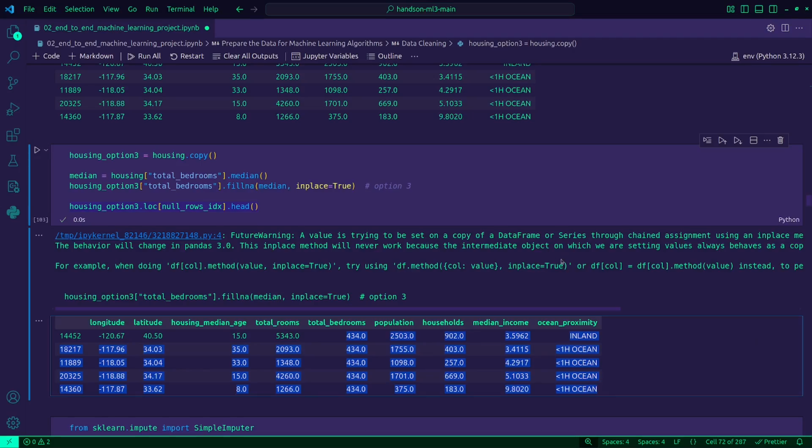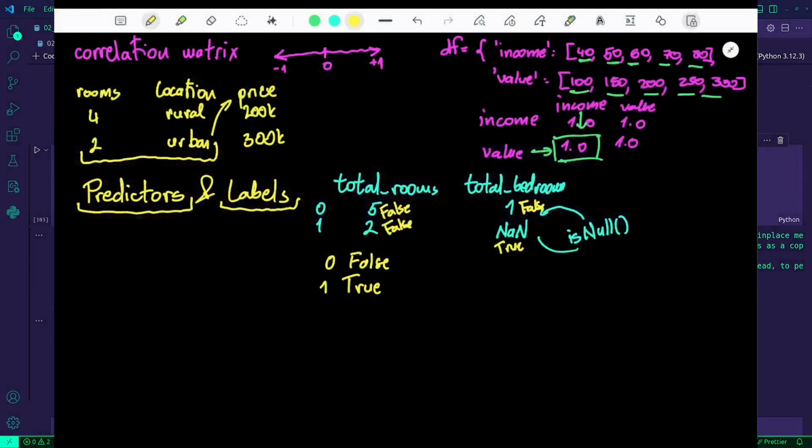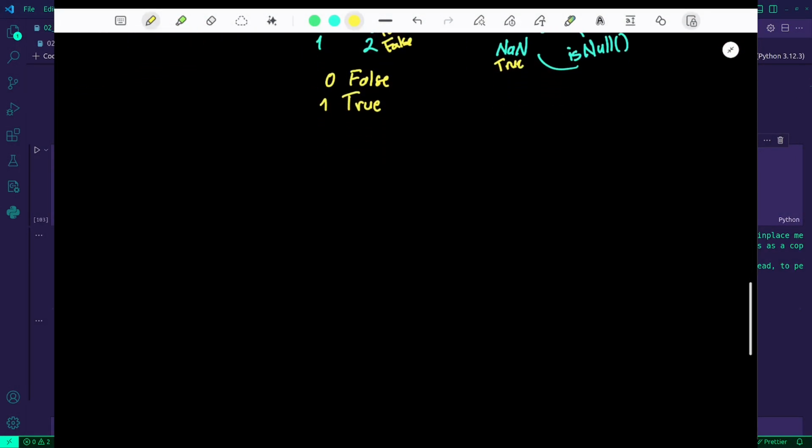Now, why median and not mean? Let me get my trusty tablet here. Let's say we have the following values: 1, 2, 3, 4, none. Now let's say we have 1,000 here. So what is the mean?